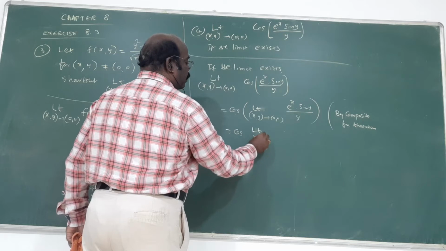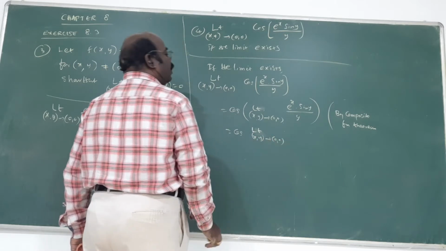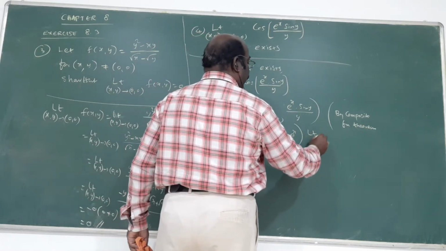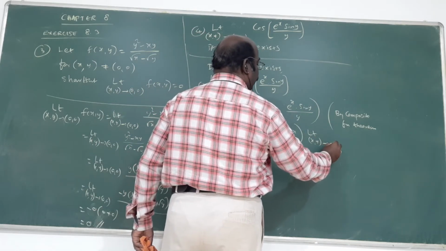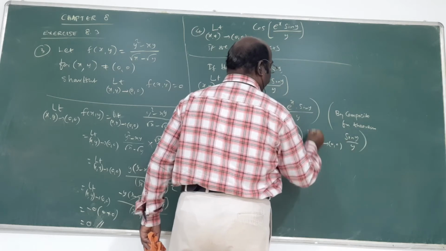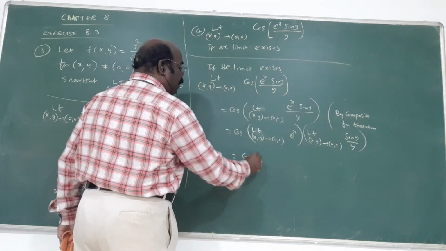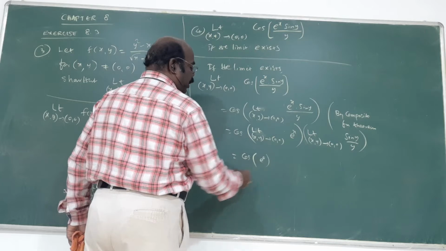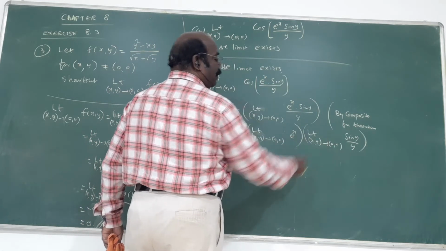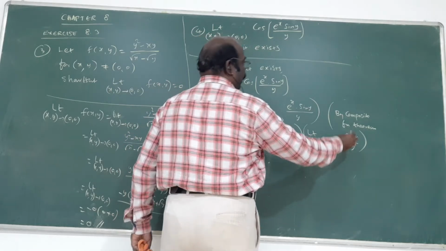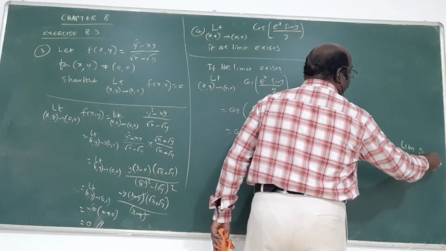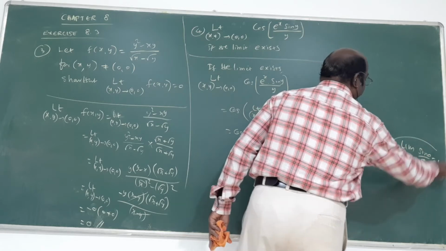Now one more idea is that the limit of x comma y tends to 0 comma 0 of e power x alone separately, again the limit of sin y by y separately. Here cos of e power 0, into limit of sin x by x. What is it? Limit of theta to 0 sin theta by theta equals 1.